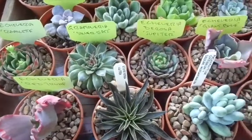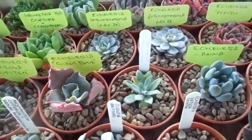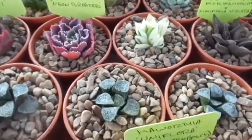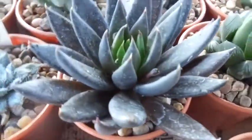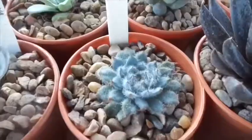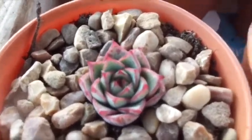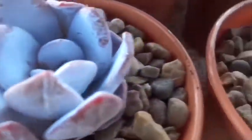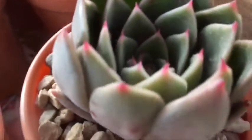Okay, and here we are, the morning after, just having a quick look over our little Echeveria collection, which is gathering pace and building up rather nicely. So we have those new deliveries from our good friend Mario Schultz, trading as Cactus Culture on eBay UK. And as I accelerate through the ranks, we have also got a